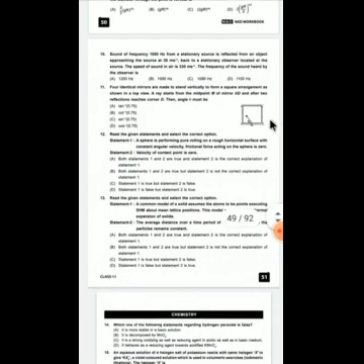Come to the next question, number 13. Here you can see, read the given statement and select the correct option. Statement 1: A common model of solid assumes atoms to be points executing SHM about their mean lattice position. This model cannot explain thermal expansion of solid. Statement 2: The average distance over a time period of oscillation between the particles remains constant.